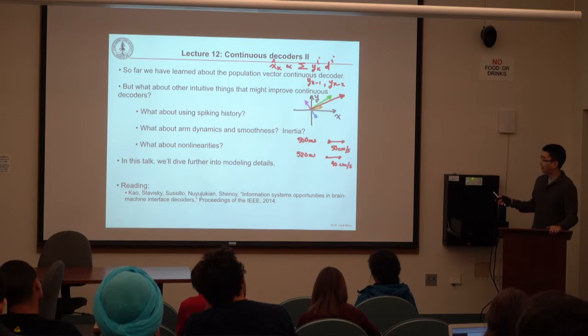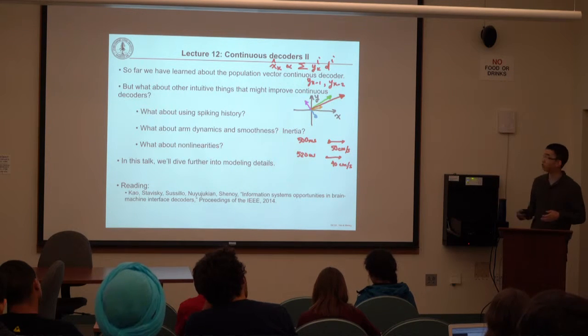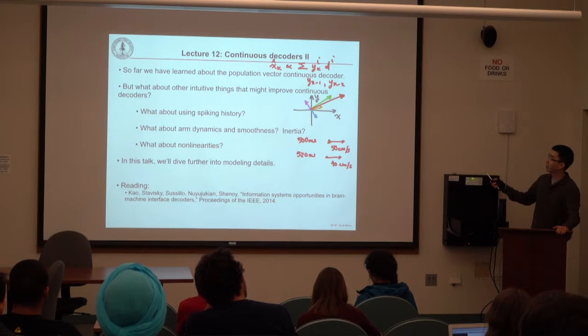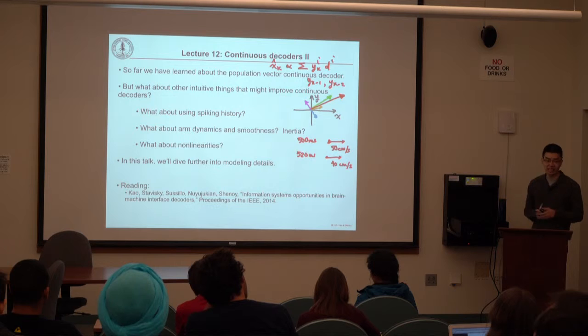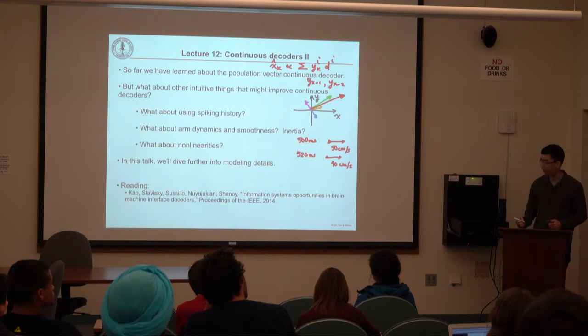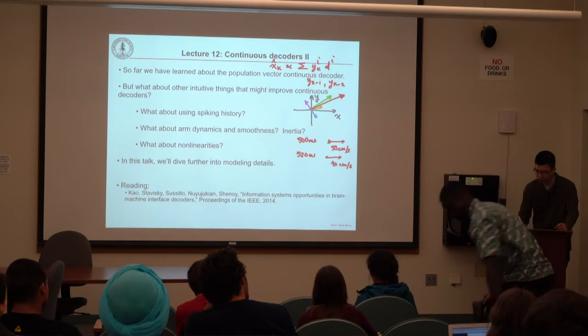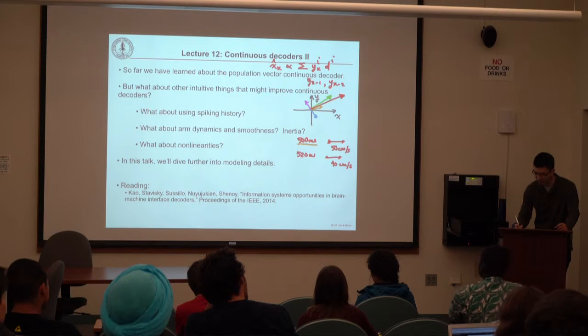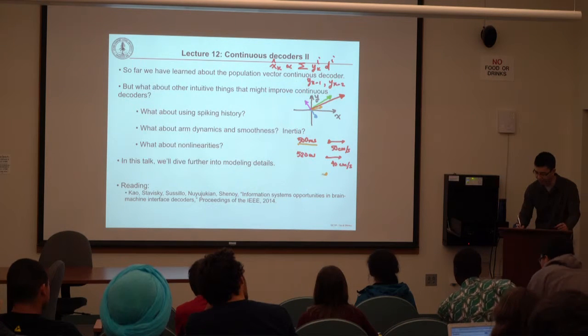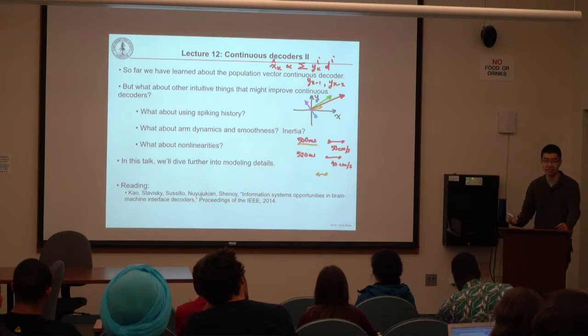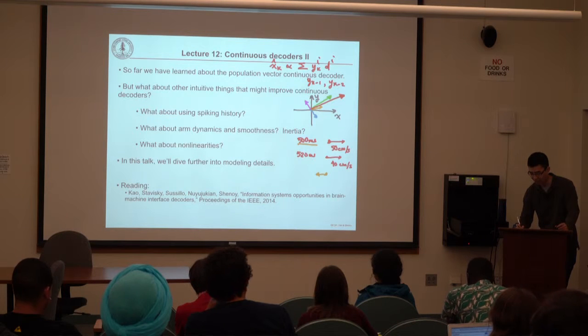So how do we encode things like this into our decoder? Because right now, with the population vector, decoding just on the neural data at time k, we know that this neural data is noisy, and so there's very well the chance that between 500 milliseconds and 520 milliseconds, the population vector might actually decode a leftward velocity in the adjacent time bin at 10